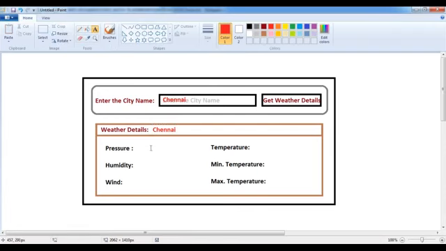So now this is the pressure information and the humidity and the wind and the temperature, average temperature, minimum temperature and the maximum temperature. The whole information I want to represent inside my page block here. Inside my page block, I want to place some output labels, and there I would like to display this information inside the page block sections. So now I would like to design this user interface first,